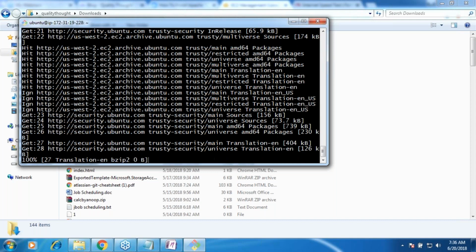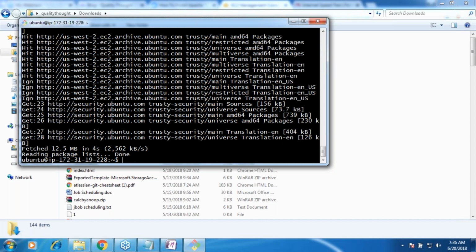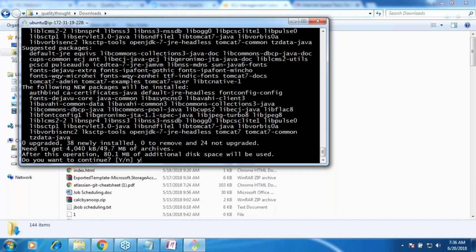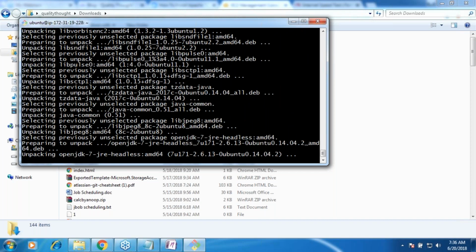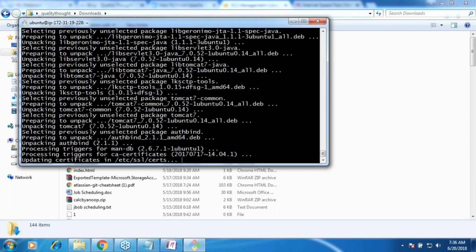Don't worry about the steps. You can search for installing Tomcat on Ubuntu server, you will get the commands, and paste them. You will find the steps of how to get JDK 7, which is Java.